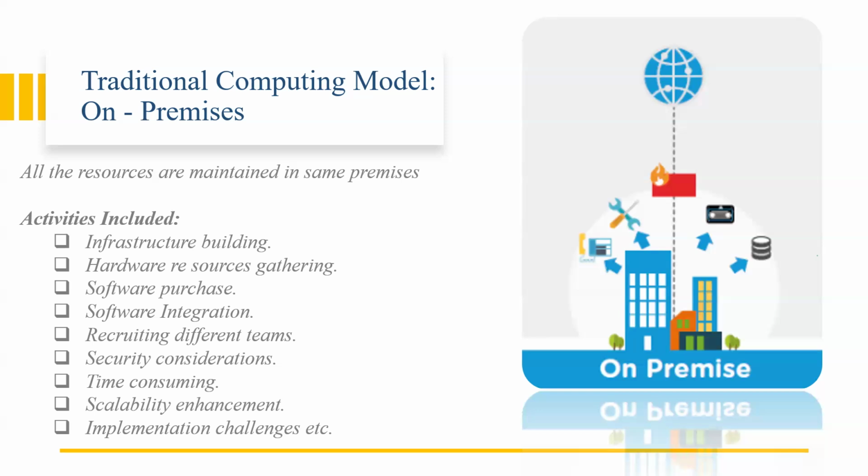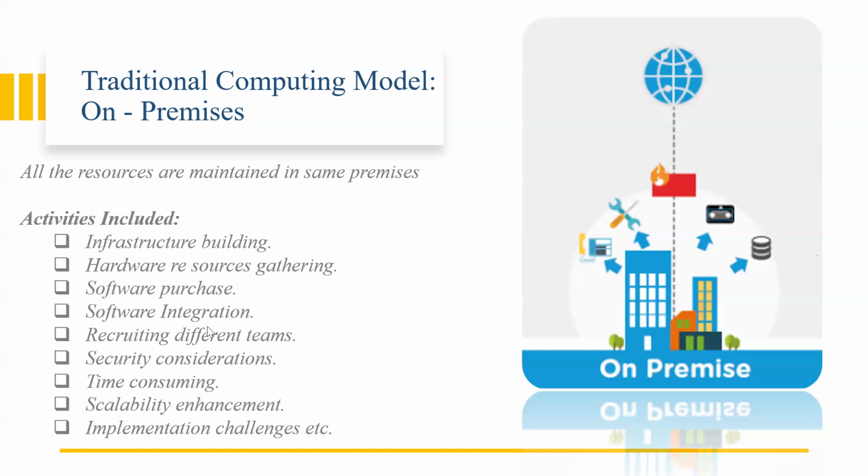Before cloud, we needed to maintain the infrastructure, like hardware resources. You need to purchase computers, laptops, printers, ACs, everything you need to maintain. That is under our control only. Software purchase also, in terms of OS licenses and software, for example SQL or Oracle, you need to purchase the licenses. Licensing is one of our biggest headaches. Purchasing the software and hardware is also handled by us.